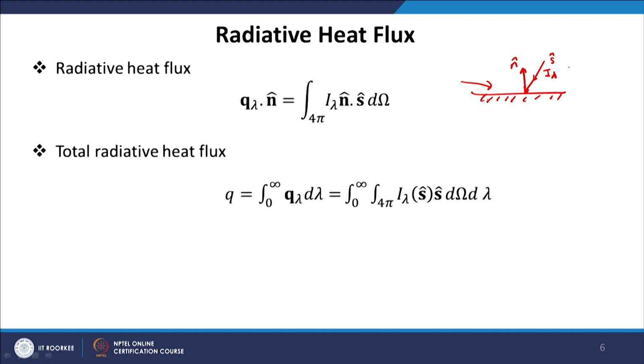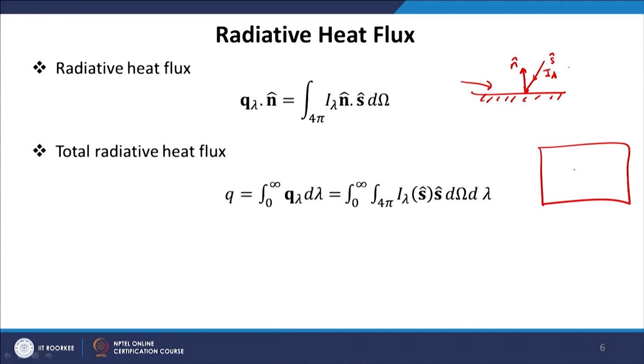So, the heat flux is defined as the integral of I n dot S cap, where n is the unit vector normal to the surface, S is the direction from which the intensity is falling on the surface, and we integrate over all the solid angles. The solid angle is going to be 2 pi if we are dealing with a real surface, and it is going to be 4 pi if we are just trying to find the heat flux at any point suspended in space. If we are interested in the heat flux at a point in space, then we integrate over the solid angle 4 pi because intensity will come from all directions. But if you want to find the heat flux on a flat surface, then definitely the solid angle will be just 2 pi.